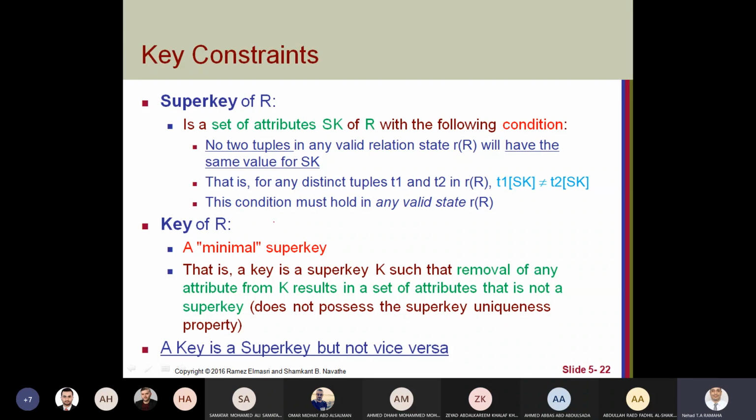Let's speak about each of these. What is a super key? Super key, it's a set of attributes that